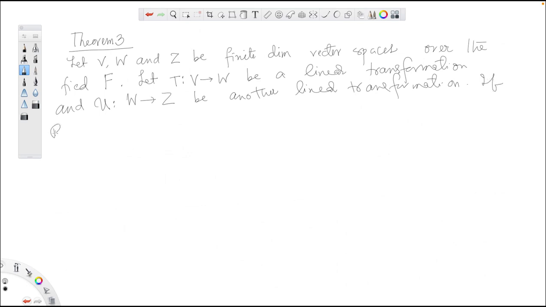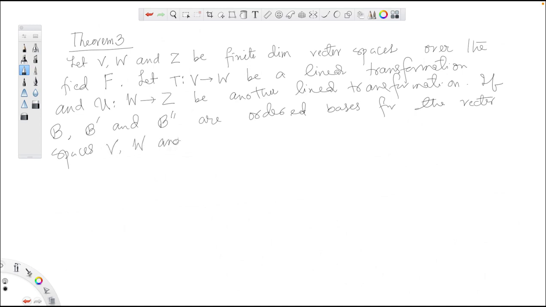If calligraphic B, B prime, and B double prime are ordered bases for the vector spaces V, W, and Z respectively,